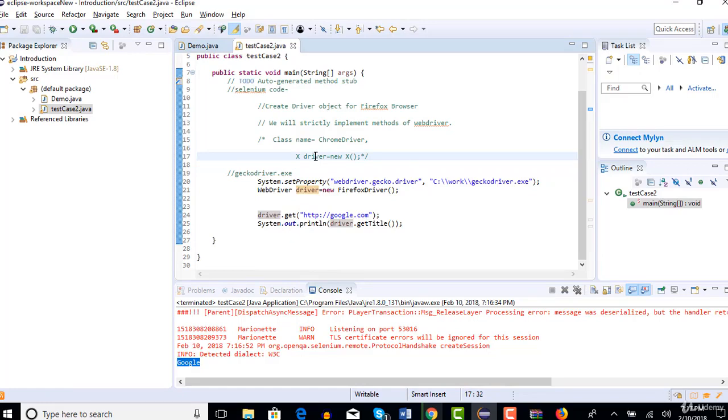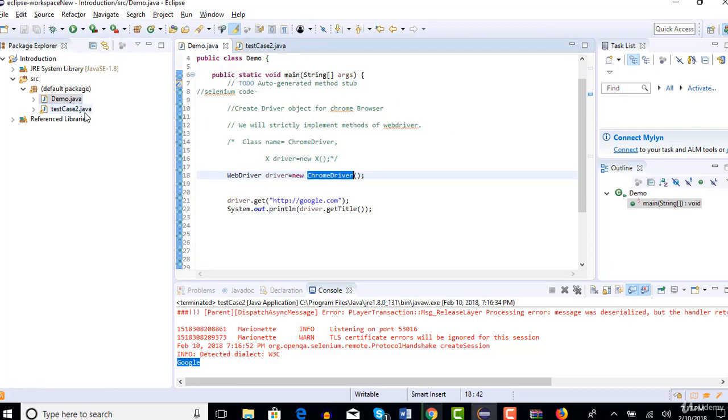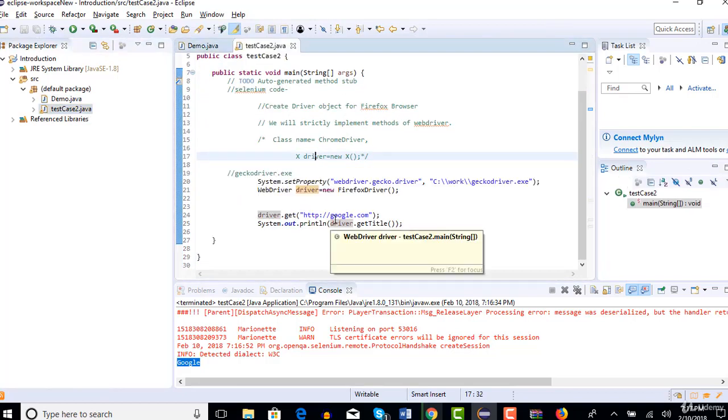Now that step 1 is completed, the tricky part is completed, and now you know how to switch browsers between Firefox and Chrome. And now everything is a cakewalk. You will learn very easily with flying colors, trust me, and I'll show how easy Selenium is. So this is how you can execute in Firefox.